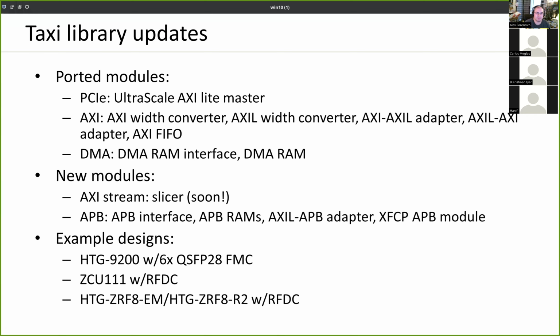Right now, I just have the AXI Lite Master for UltraScale. I need to get cracking on the DMA stuff. I added a bunch of AXI stuff, with converters for AXI and AXI Lite, the AXI Lite adapter, and vice versa, and AXI FIFO. I've added some DMA related